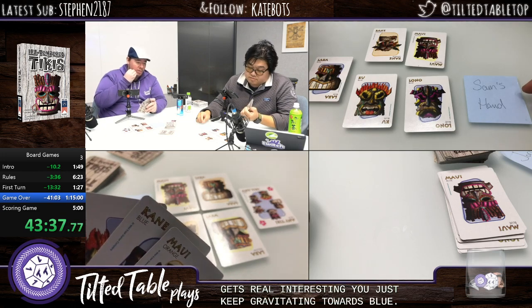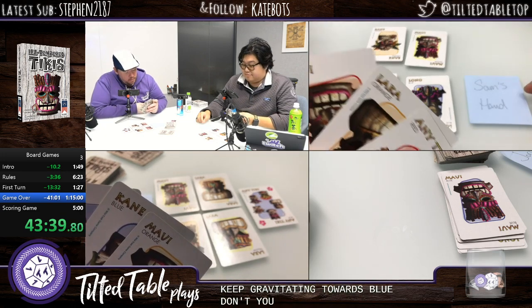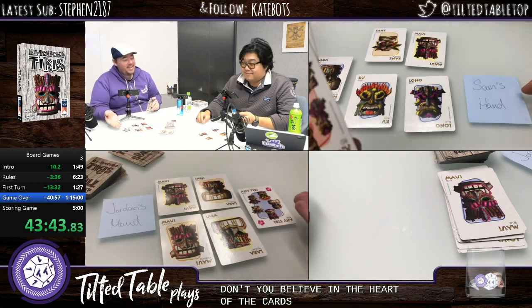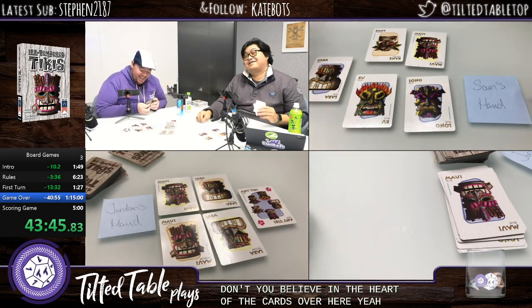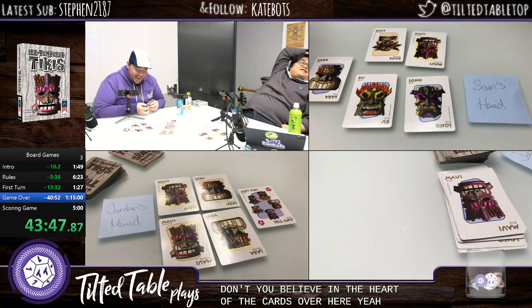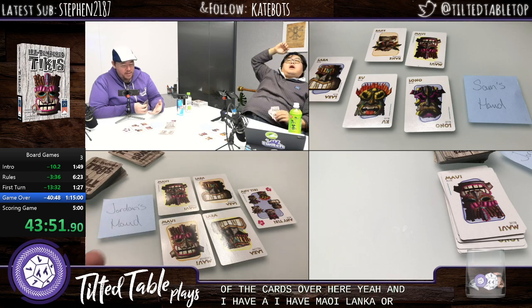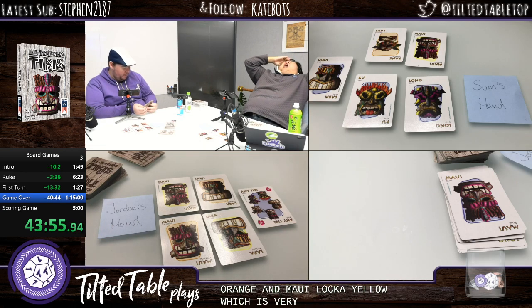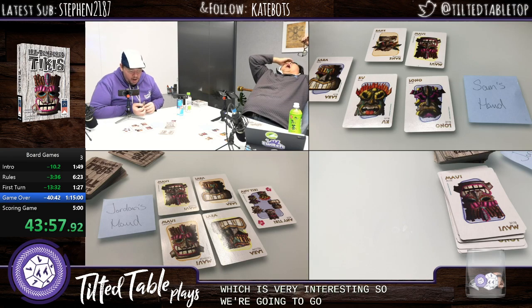You just keep gravitating towards blue, don't you? Believe in the heart of the cards. Look at this nice Any Tiki blue over here. Yeah. Kate. And I have Maui Laka orange and Maui Laka yellow, which is very interesting. So we're gonna go with a